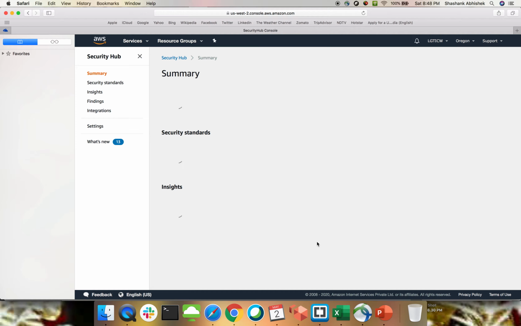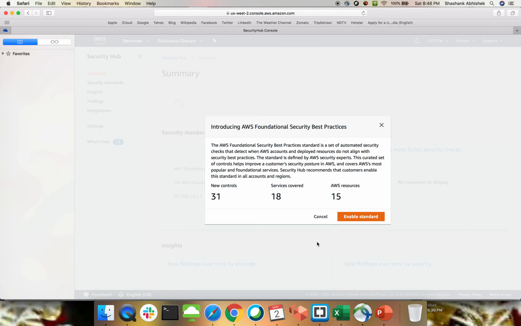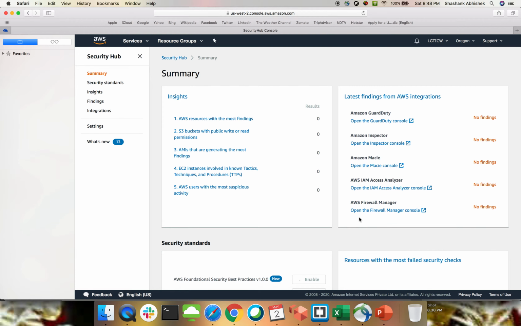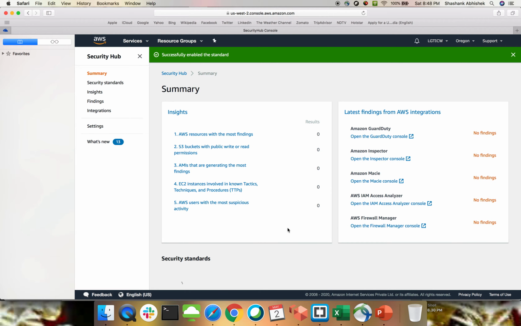Now this is going to take a bit of time to grab all the details. Okay, AWS Foundational Security Best Practices standard, a set of all those things that we have discussed. 31 new controls, 18 services have been covered, and AWS resources are 15. Let's enable the standard one. Now, as of now, my account is totally new.